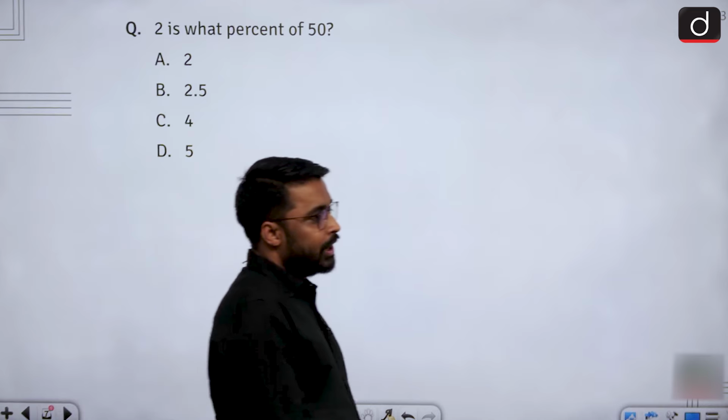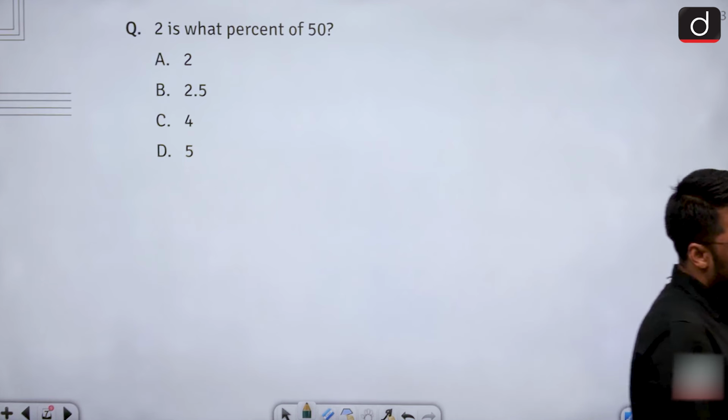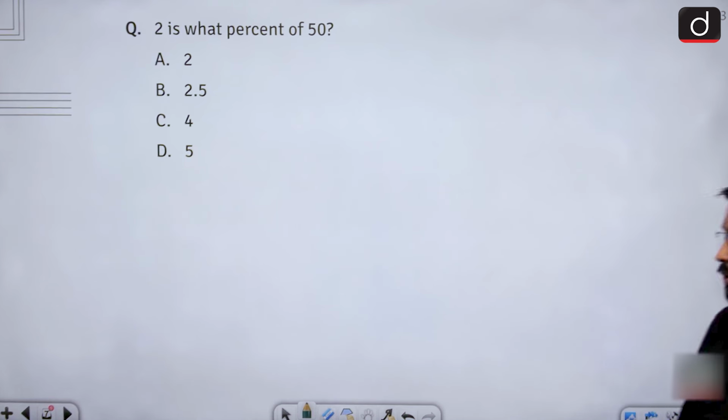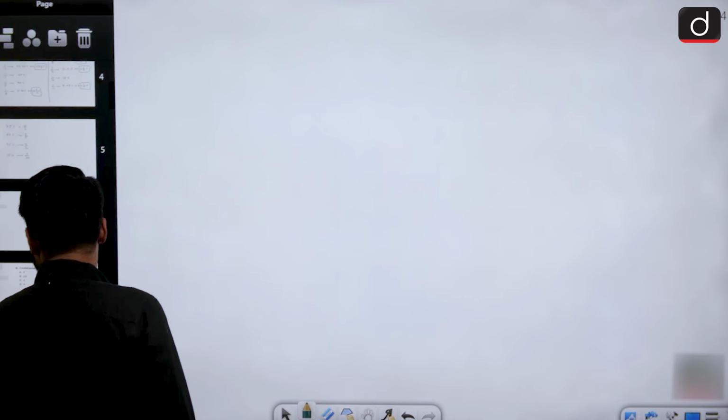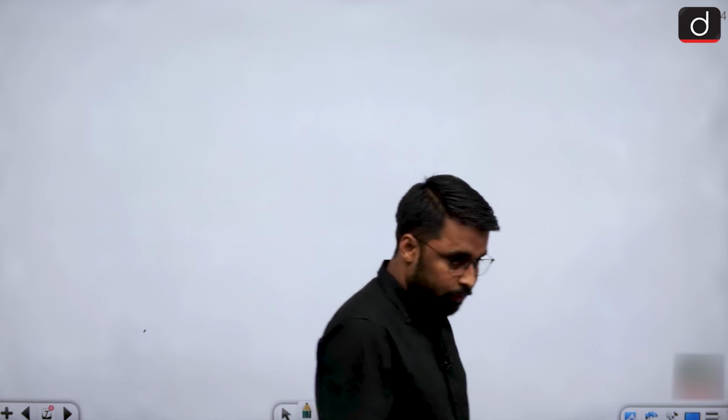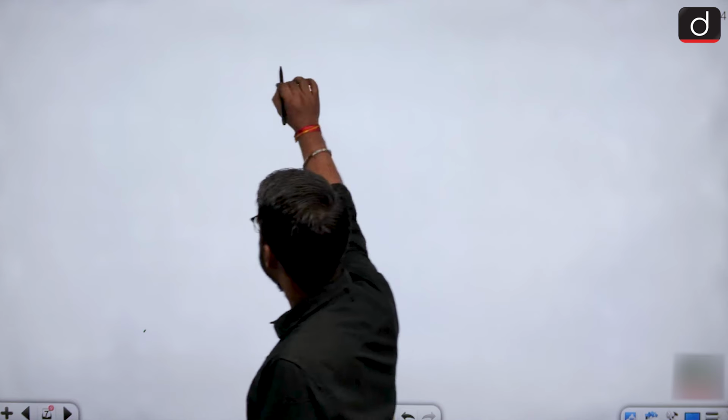Right, now see, this is my question. 2 is what percentage of 50? What happens in percentage? We have a few syntaxes. Syntax means a fixed rule. Fixed rule means that if it is fixed for me, it is fixed for the examiner also. So if the examiner is ever going to ask me a question on syntax, he is going to use the same language. And that syntax is